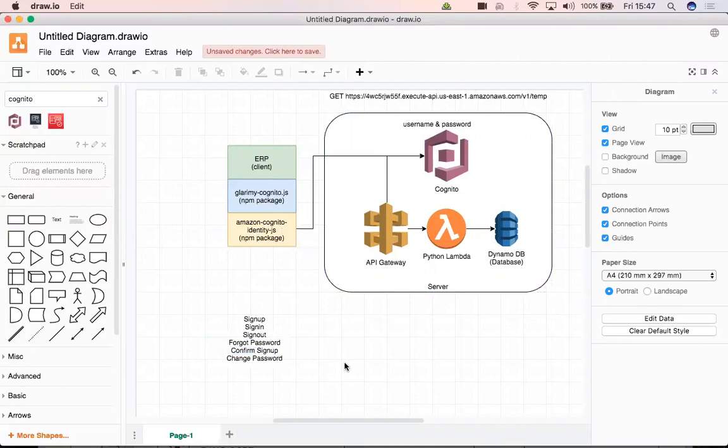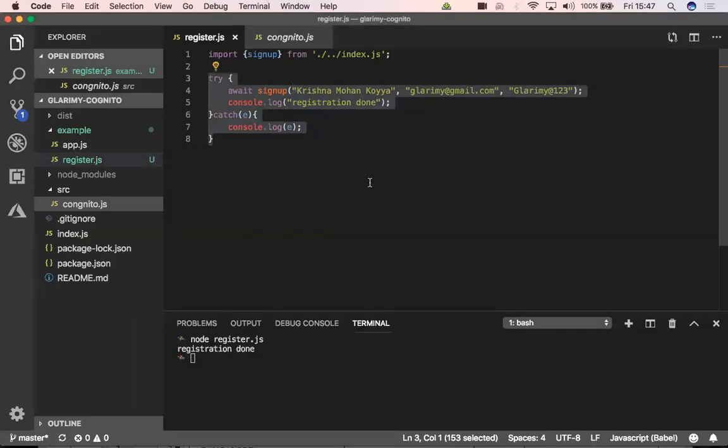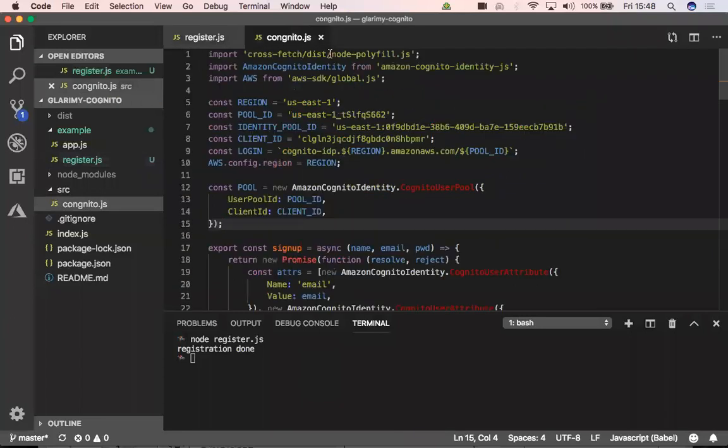Okay, got it. So for this time, you and Sandeep will be working on JavaScript. It is completely JavaScript using ECMA modules and the Cognito API. Okay, Amazon Cognito, not Glarimai Cognito, rather Amazon Cognito. If you see here, this is where you have this Amazon Cognito Identity. That is where you will be working. You will be using their calls.